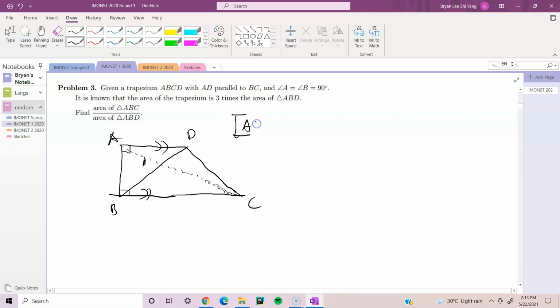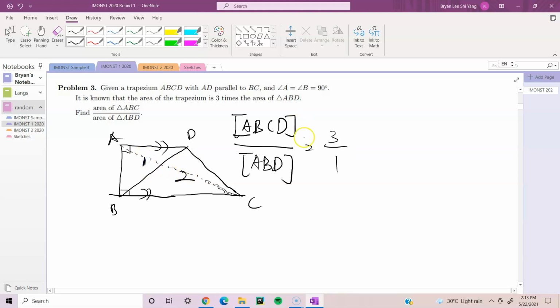So if I say A, B, C, D, and put it in the middle bracket, it just means the area of this trapezium, quadrilateral ABCD. Then over the middle bracket again, we have ABD. Since the trapezium's area is thrice, this is just 3 over 1, right? So doing a bit of subtraction, we find that the area of BDC is just 2, if this is 1